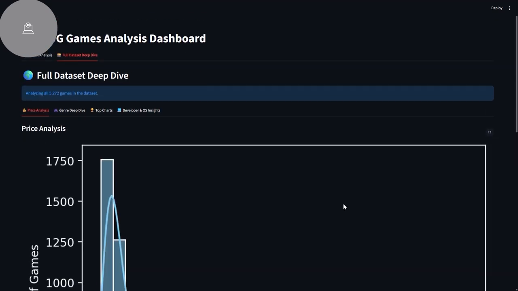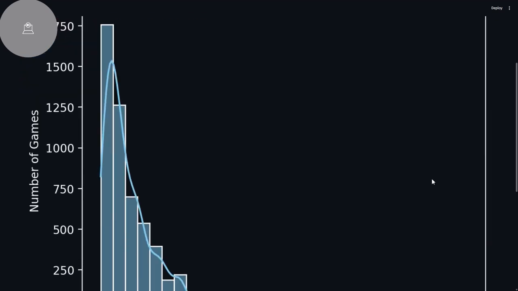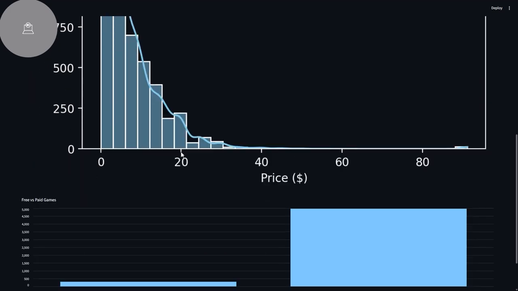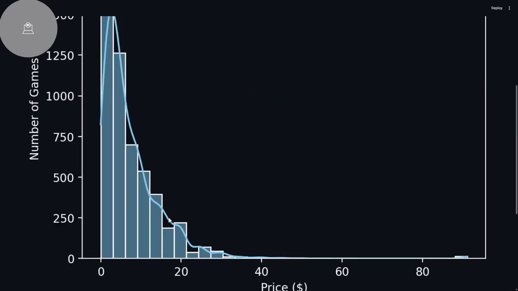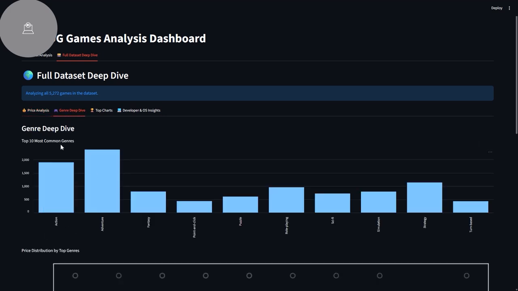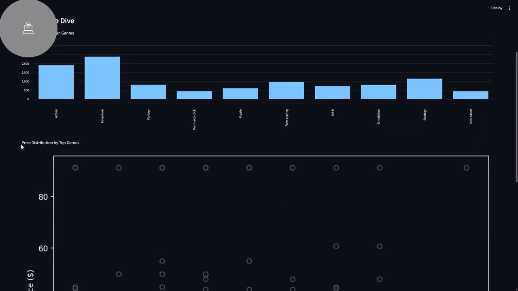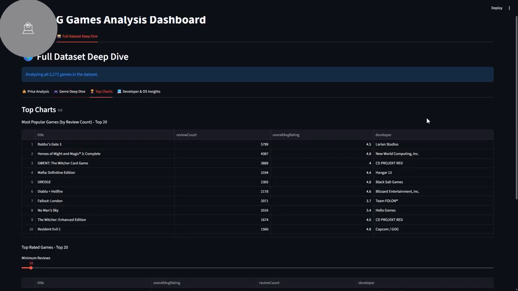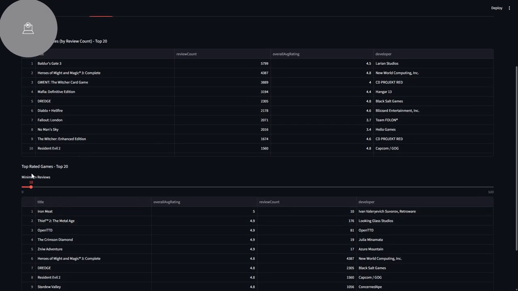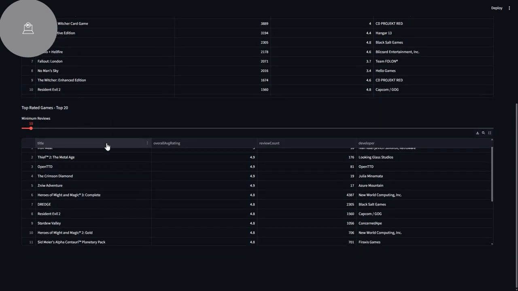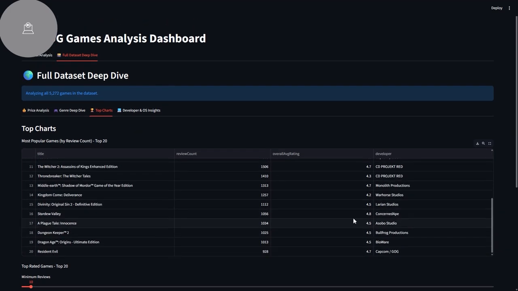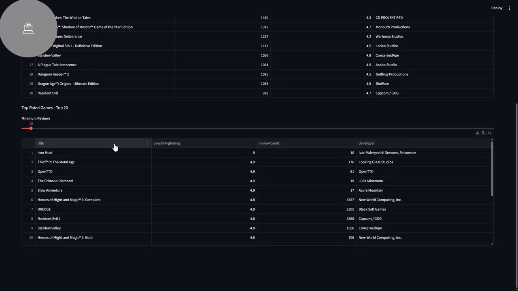And so, as you can see here for the full dataset, we have the price analysis of all games in the dataset as a bar chart. For the genre deep dive, we can see the top 10 most common genres across all games, and it is the adventure. And below, we can also see the price distribution by top genres. For the top charts tab, I include most popular games by review count, as well as top rated games,